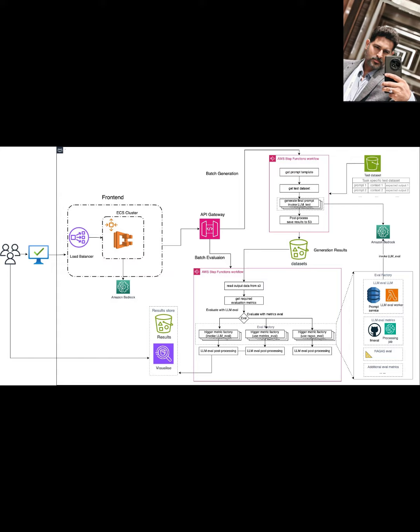It all starts with the users over here. We interact with the system through a secure frontend. This frontend is likely running on something like an ECS cluster, that's Amazon's Elastic Container Service, which is great for running our application in a scalable way. A load balancer sits in front of it, making sure traffic is distributed efficiently and our system stays responsive even under heavy load. Now, when we want to do something, like generate text or evaluate results, our request goes through